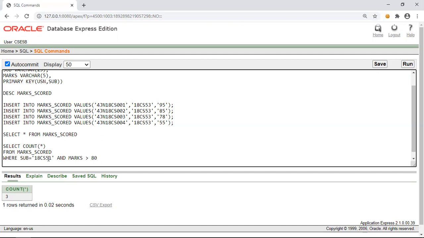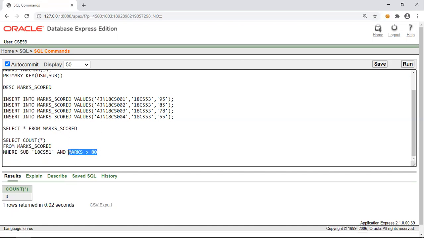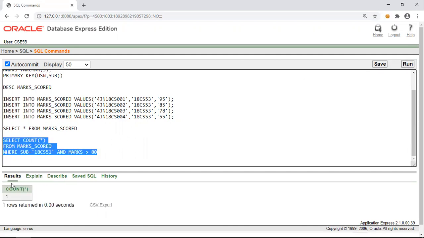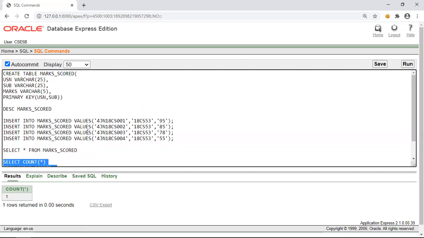So two conditions are put in the where clause. First one is subject is this, then marks is greater than 80. So now let us run this query. Only one student is present currently who has scored more than 80 in this particular subject.